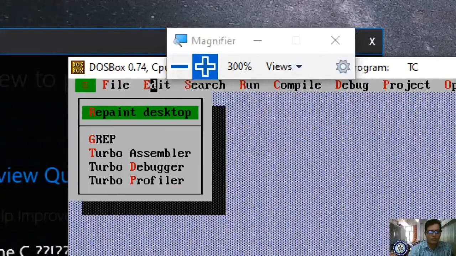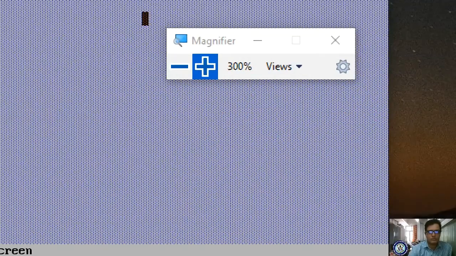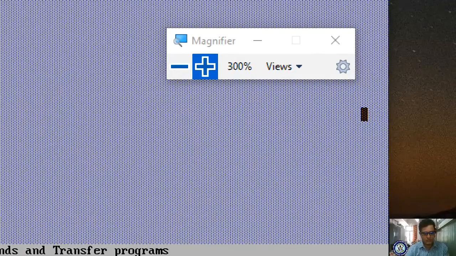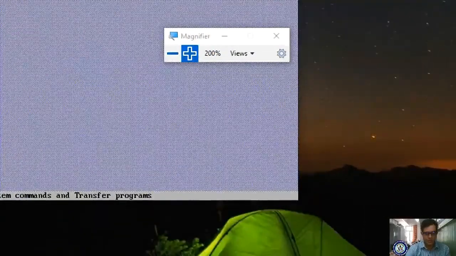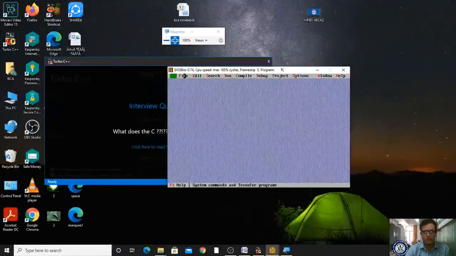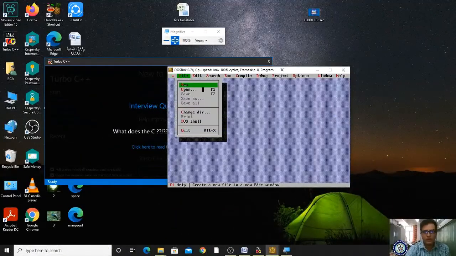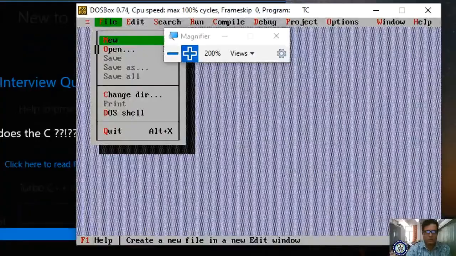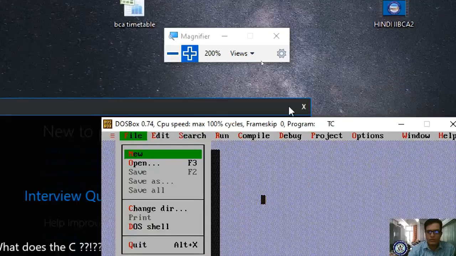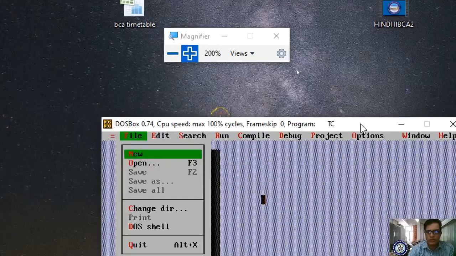Now I have to open my file. Coming back here, I'm opening File. Right. Let me first press Alt Enter. It is a problem. Let me close this one and come here.